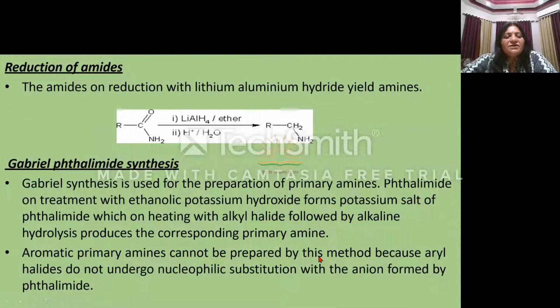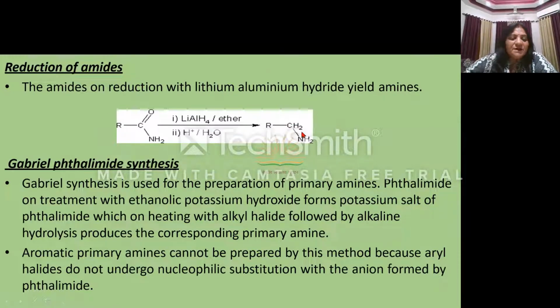Now again a reduction process, of the derivative of the carboxylic group, amide. We had already studied this derivative of functional group in chapter 12. Amide again undergoes reduction with LAH in presence of ether solvent followed by acidic medium, then it gives the primary amine. So nitriles and amides both on reduction give primary amine.